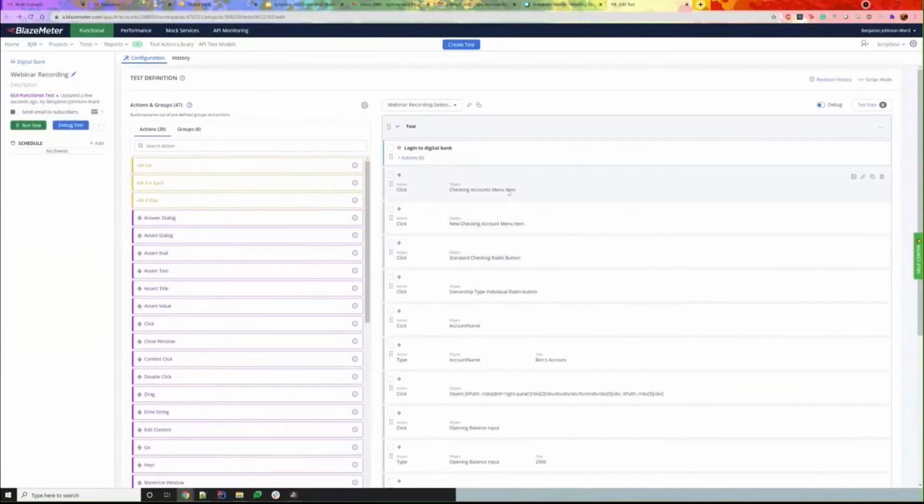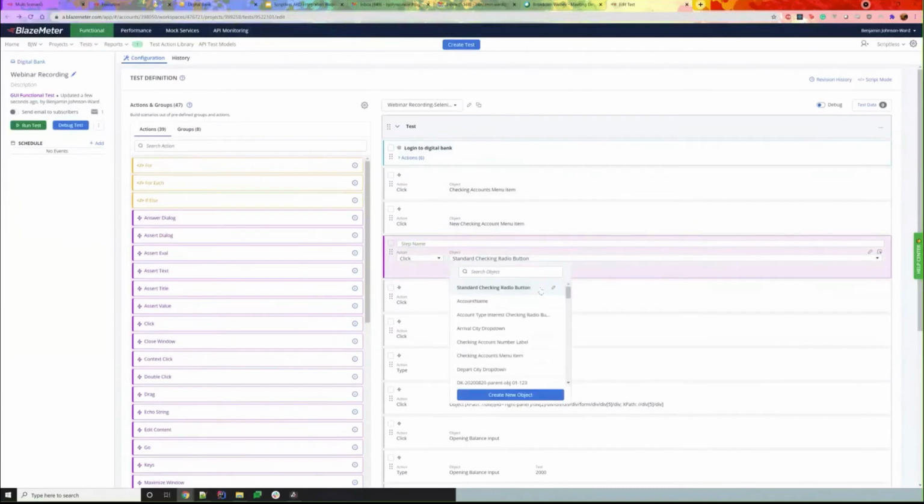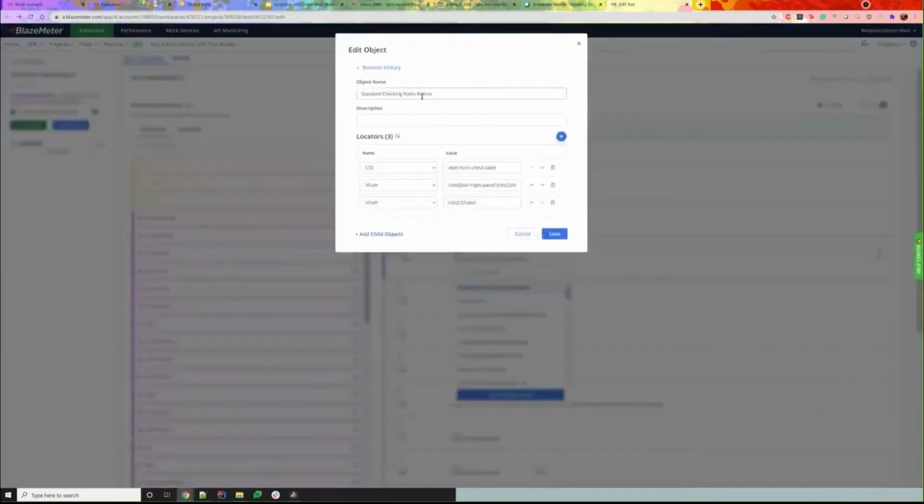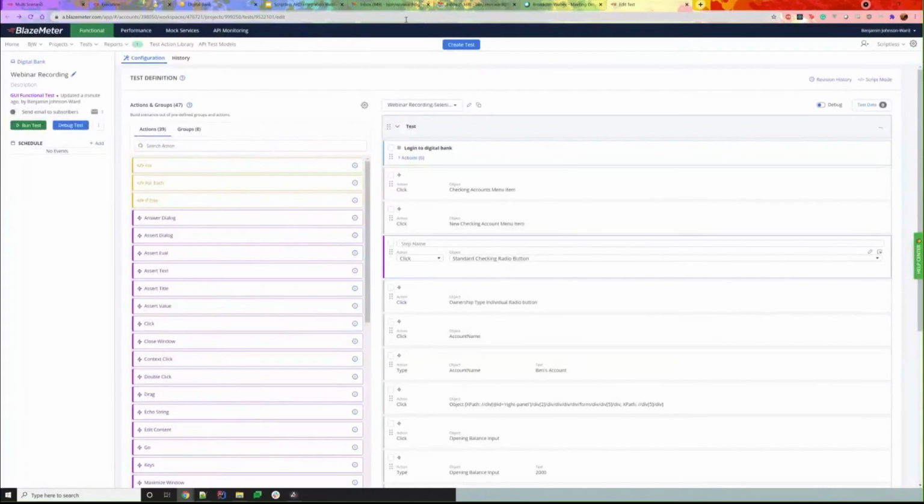One of the other things you can do with these scriptless tests, other than build them up and componentize them, is take care of these objects. If you look at these objects, you can see not only their name and all of the different identifiers that are being used for them, but their entire revision history. And if you want to edit and manage them at an even deeper level,